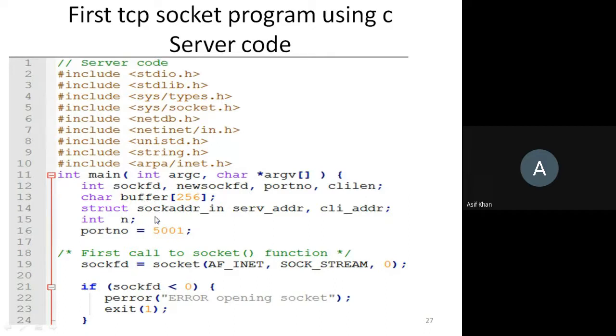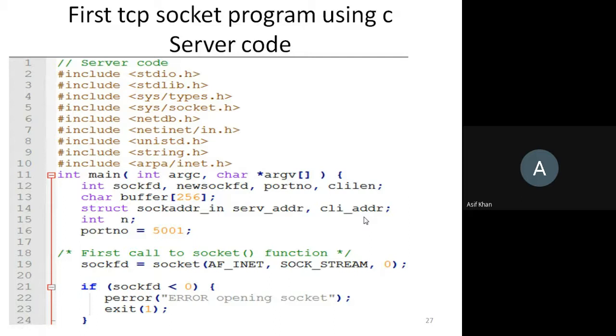Then some predefined structures are used, as I discussed earlier. This structure is sockaddr_in. The variables of this structure are declared as struct sockaddr_in serv_addr, cli_addr. The serv_addr is used for the server side address information, meaning IP address and port number, and cli_addr is for the client address information.